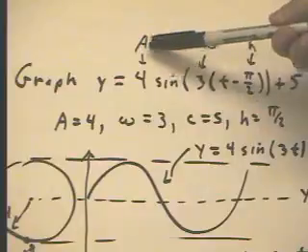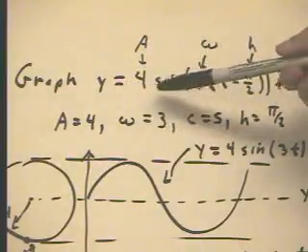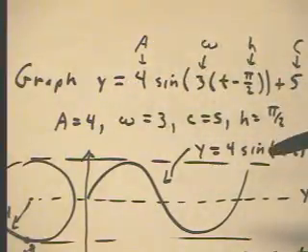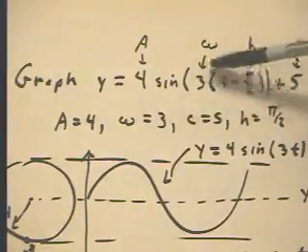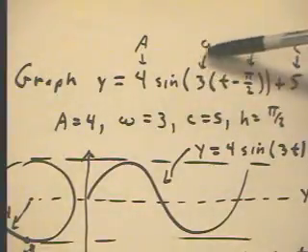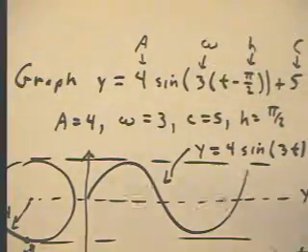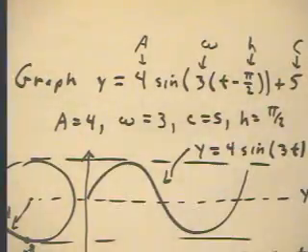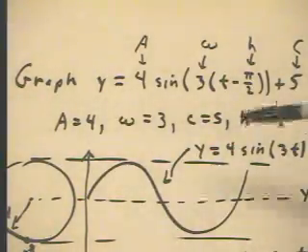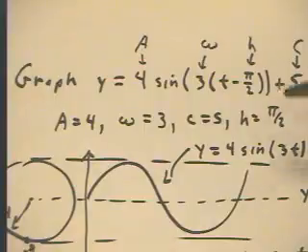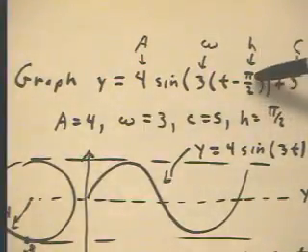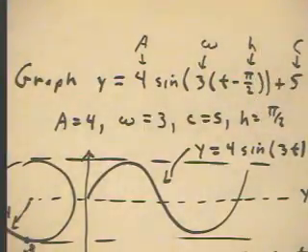Well, we determine the amplitude A, which is the coefficient out in front of the sine. Omega is going to be 3. Remember, omega is the number of radians per second at which we go around the reference circle, or the number of radians per unit time. We have h equals negative pi over 2, and we'll deal with that a little bit later,